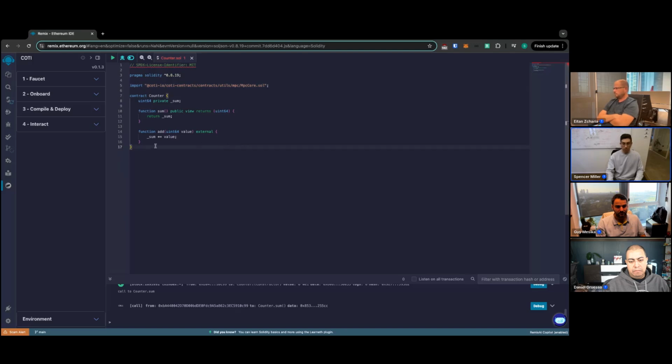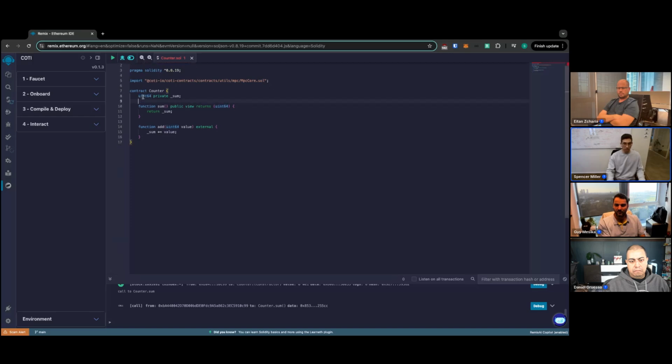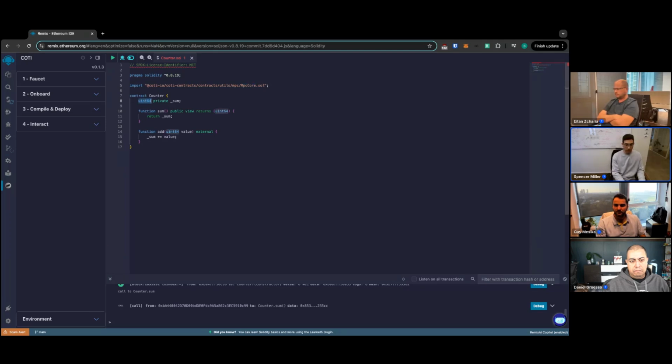So one way that we might change this contract in order to take advantage of privacy features is to change this add function to be an encrypted value. Sorry, actually, first what we'll want to do is to change the type of sum. So right now our running total, our sum variable, is a uint64, which is not encrypted in any way. So the first thing that we'll want to do is to change it to be one of our encrypted data types. So since I've imported the MPC core library, I have access to all of our types. So the first thing that I'll want to do is change the type of the sum variable to be